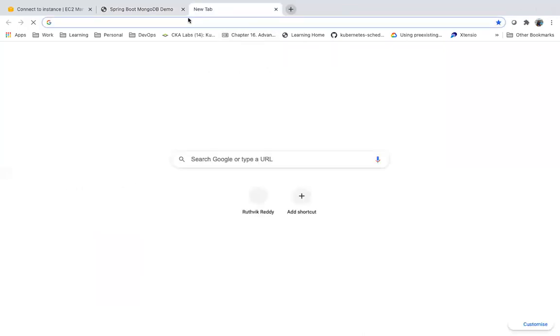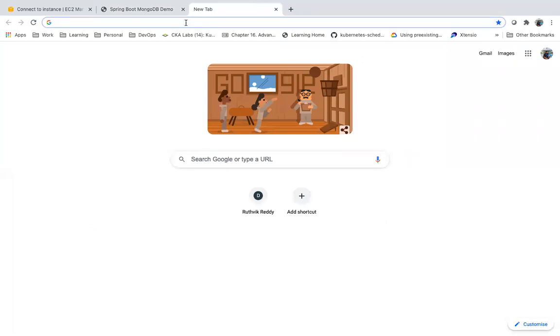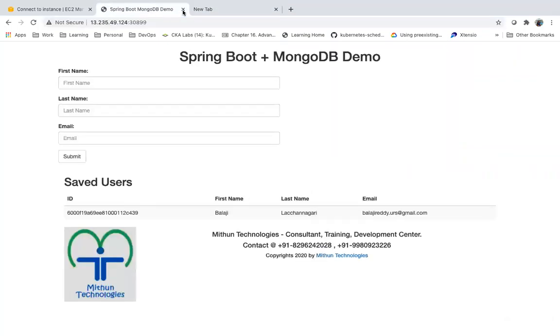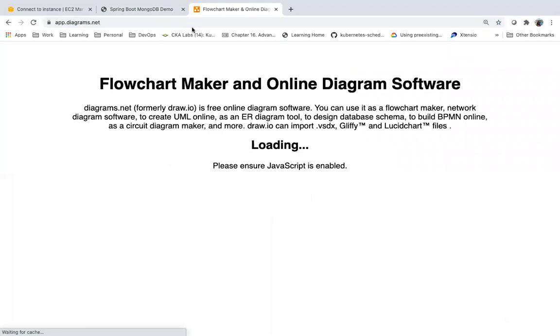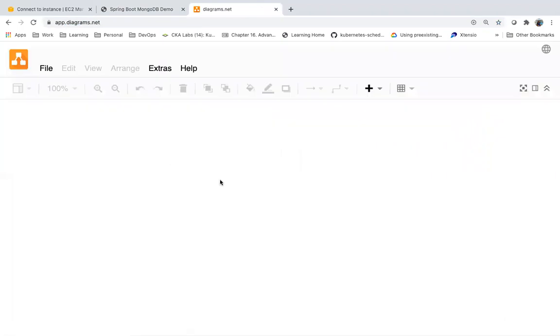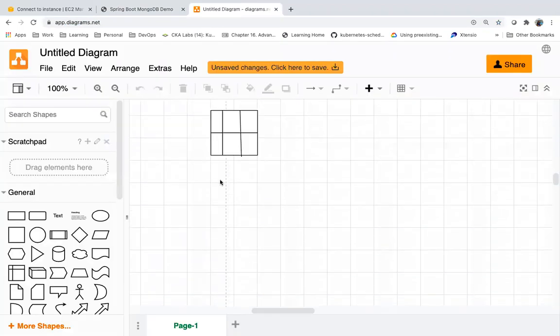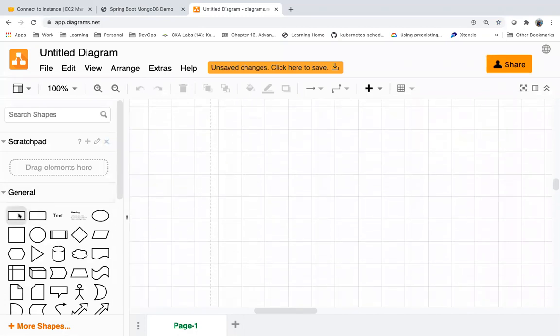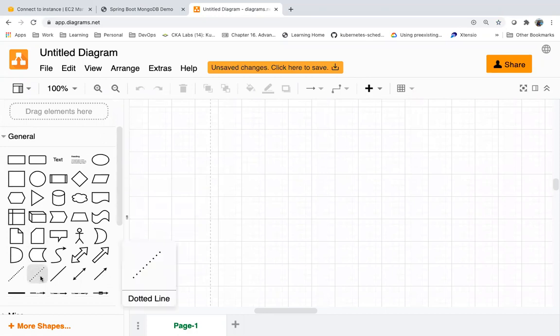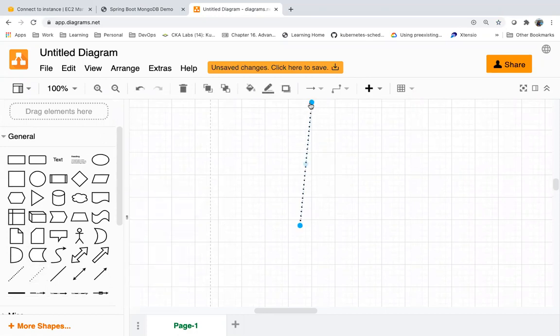Now instead of host path, I can go for an NFS also. What is NFS? For now, I will show this, right?